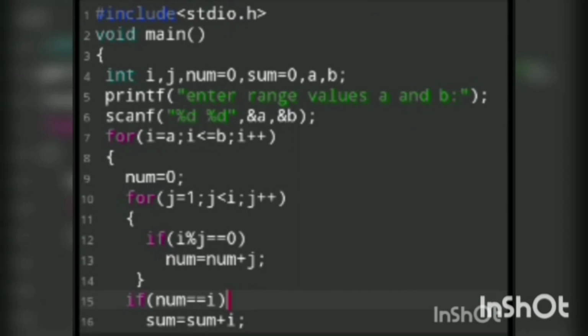Now let us check the program. Now let us take a is equal to 6 and b is equal to 30. For the first for loop I initialize i with 6 and i must be less than or equal to 30. Since it satisfies the condition, we will go inside the for loop. I will take num is equal to 0. For j is equal to 1, j is less than 6. Here the condition is satisfied, so we go